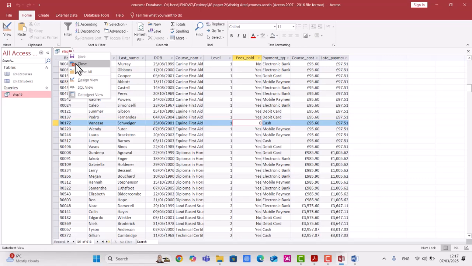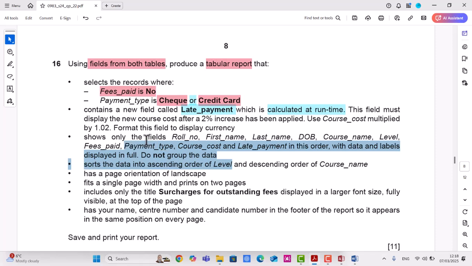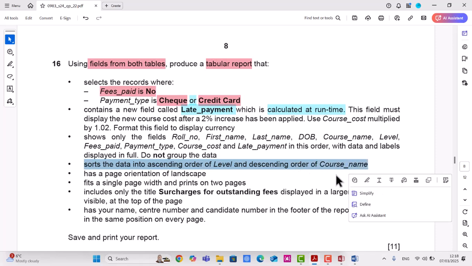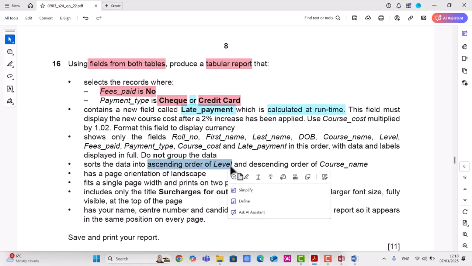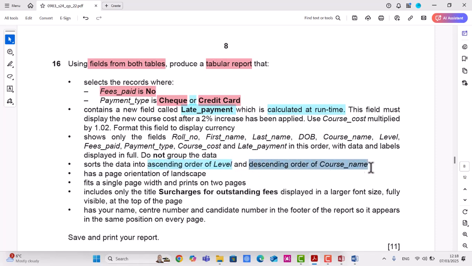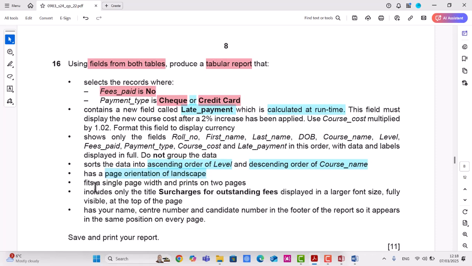Now I have to create my report. I finished with all these. Do not group. Now sort the data. I will keep the sorting because we have two levels of sorting. First of all, the level ascending, and the course name descending. Has the page orientation of landscape. Okay, so